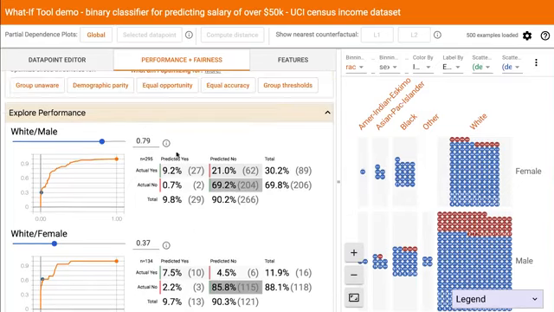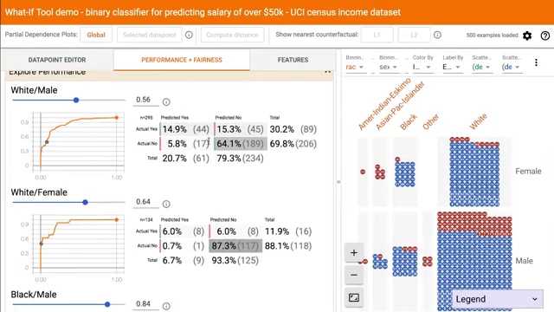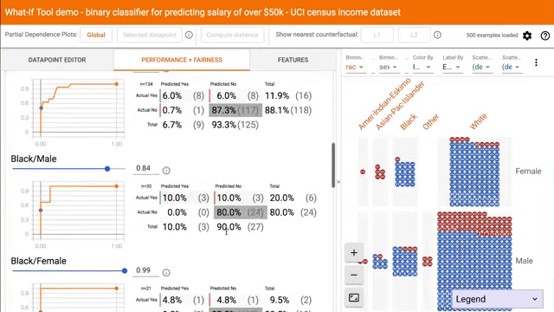Now click Equal Opportunity. What happens to the threshold of each group? Well, like with demographic parity, the thresholds for each group are no longer tied to each other. And recall that equal opportunity fairness equalizes true positive rates across groups. What that means is that we should observe the same ratio of the top left box in our confusion matrix relative to the sum of the top left and the top right. And that's what we see. In this case, it's about 1/2. So there's 14.9 relative to 14.9 plus 15.3, and here it's 6 relative to 12, and so forth.